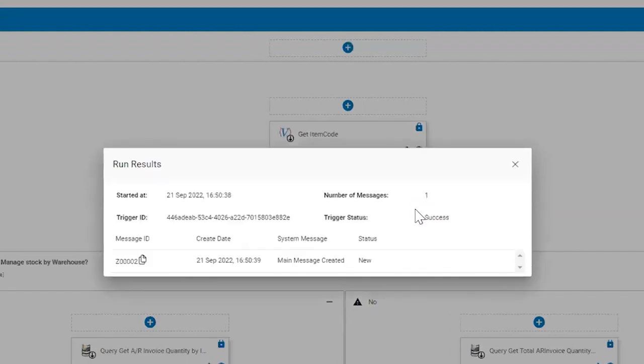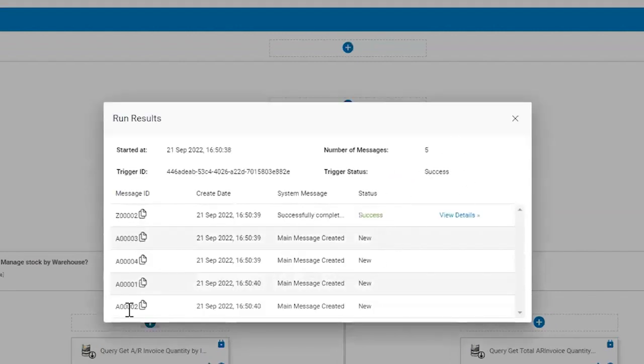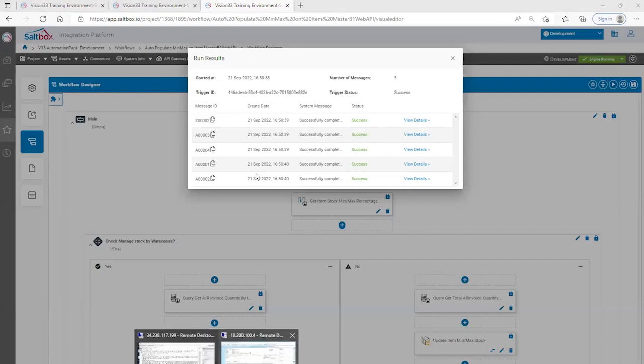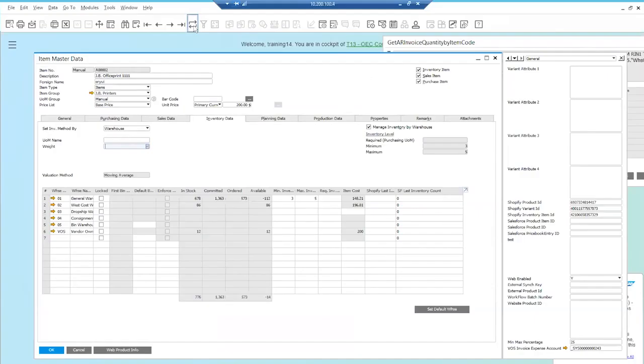There's probably going to be a few items in here, but our item will be somewhere in the list. It's down the bottom there, 0002, and just wait for that to come back with a success message in a few seconds. Yes, it's going through now. Okay, I'll just try that one last time. Give that a refresh, and it's actually populated, as you can see, the min-max quantity is 78 and 130